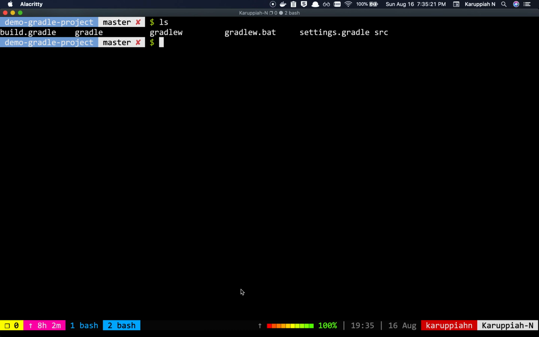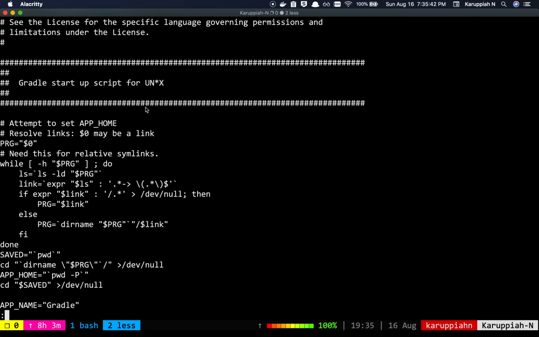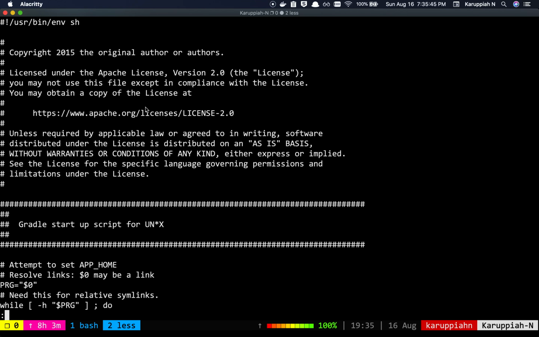The next thing that you can do is build this project, using gradlew. This is short for Gradle wrapper. It's a short script, a shell script, and it will help you download Gradle for your particular project, because every project could use different Gradle versions.